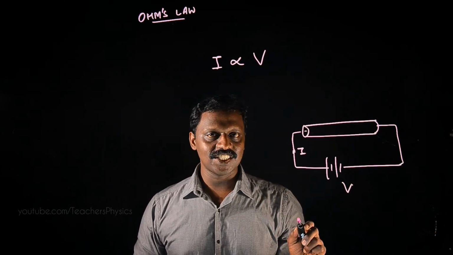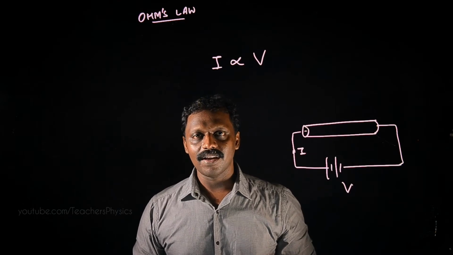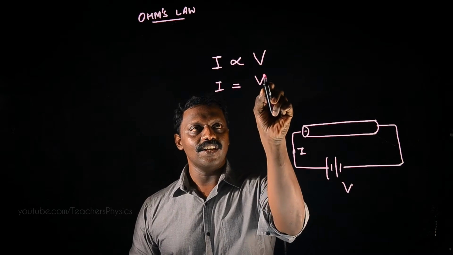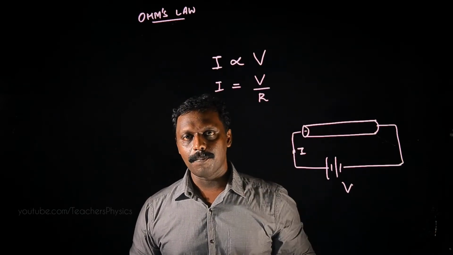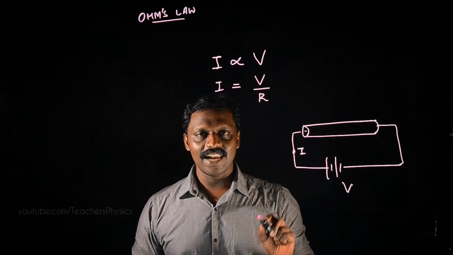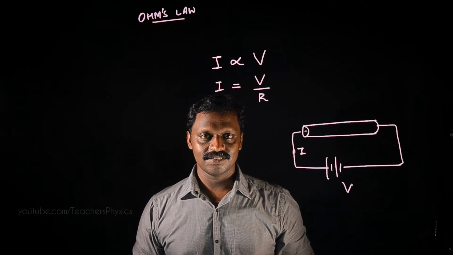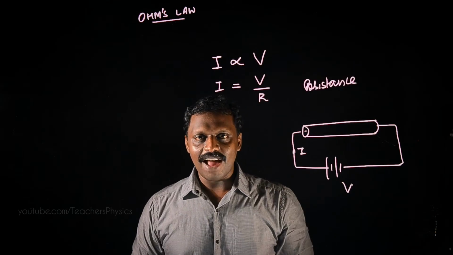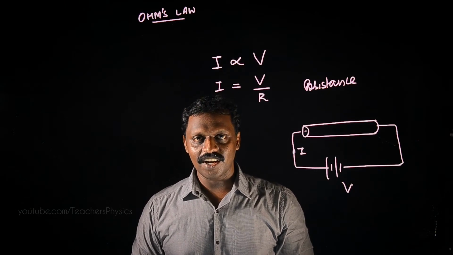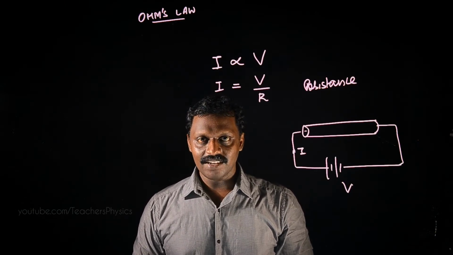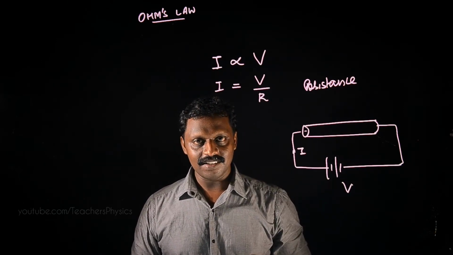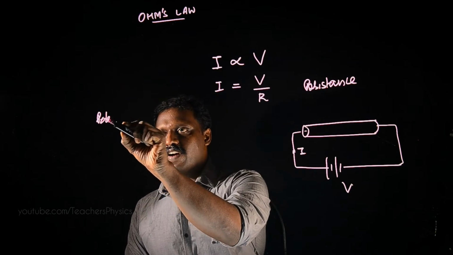All proportionality relations can be equated by a constant. So here the constant of proportionality is 1 divided by R, the reciprocal of R. R is known as the electrical resistance. The value of this constant depends on the length of the conductor, its cross-sectional area, the nature of material, and the temperature. This equation can be written as potential difference divided by